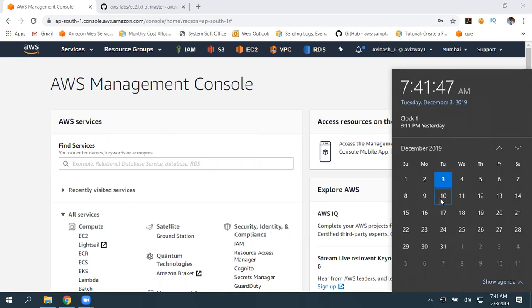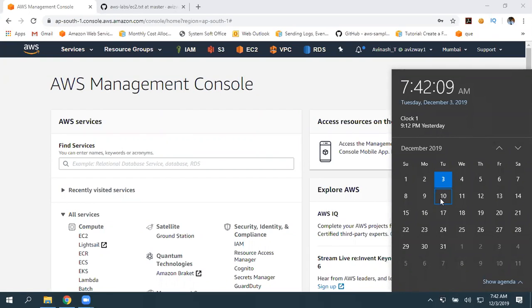Again, if you have one or two EC2 instances, manually you can log in and perform that. But sometimes we deal with hundreds of instances, thousands of instances also. In that case, do we really need to log into each and every machine?